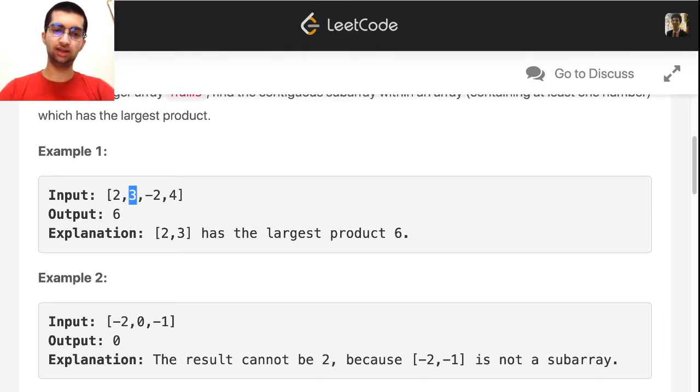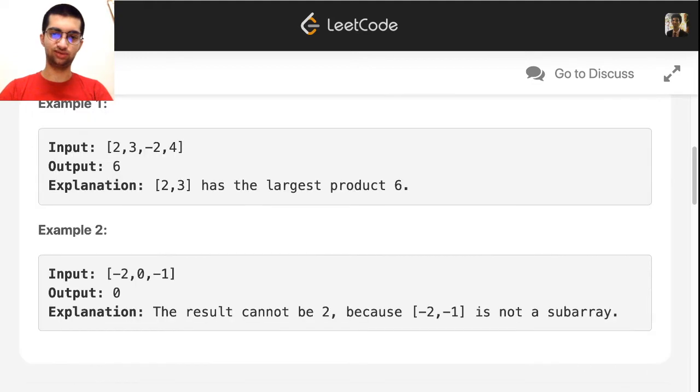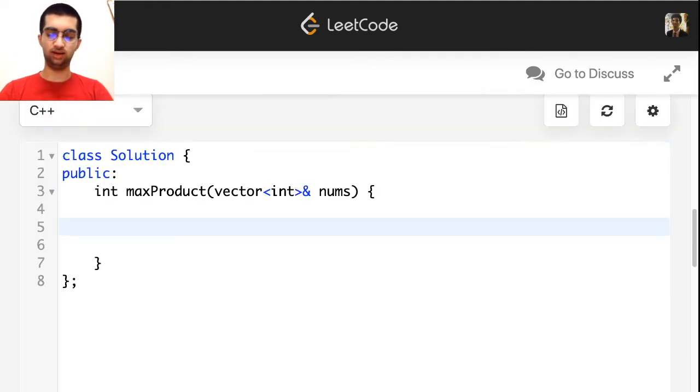Does that make sense? Let me write it down here. I'll have one variable that will store the best answer so far. Max so far is a standard method of solving this. Then I'll have my min so far.